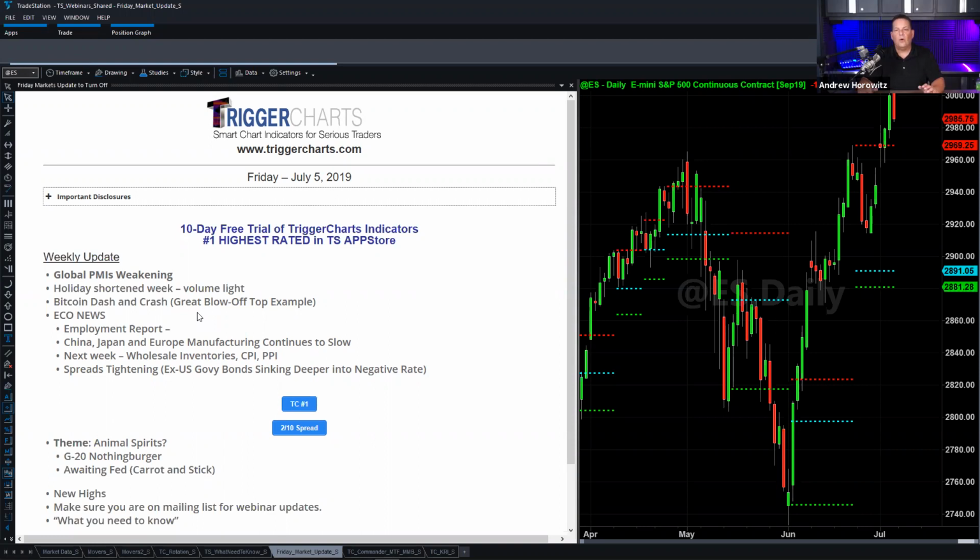We're seeing this all over the world. We're seeing this in Europe. We're seeing this in China. We're seeing this in Japan. Here in the United States, we're seeing a little bit of a rollover, very minor, but nonetheless, we are seeing some amount of weakening. We did see a jobs number today, and that was pretty exciting because expectations were for